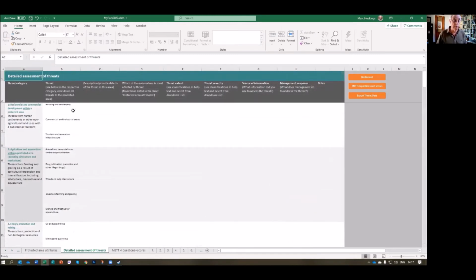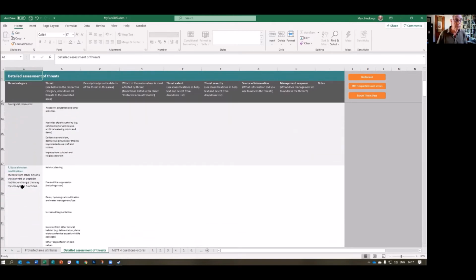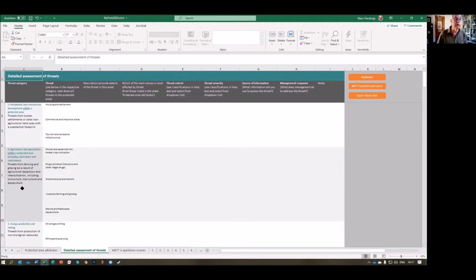And here then is a form to fill out that looks at threats to values. So the threats are all listed down the side here, broad categories of threats, and then very specific threats. And these all come from the Conservation Measures Partnership IUCN classification of threats. So we'll just go in and fill out some of these. So we've got residential and commercial development within the protected area. Let's say there is some tourism and recreation infrastructure, and we might have here, it is a